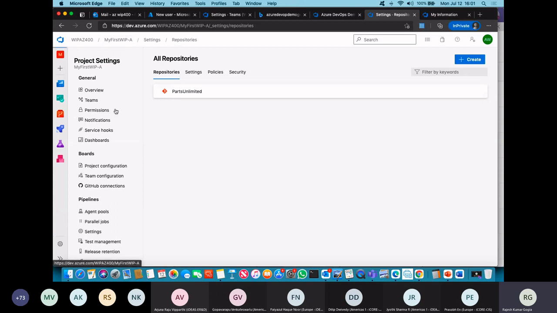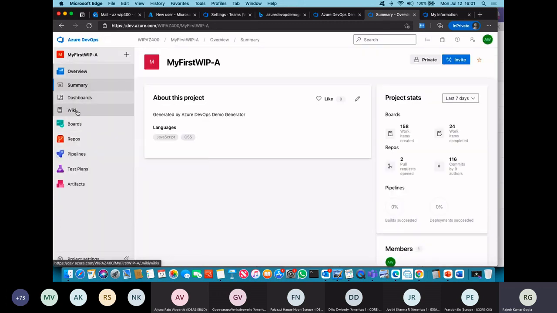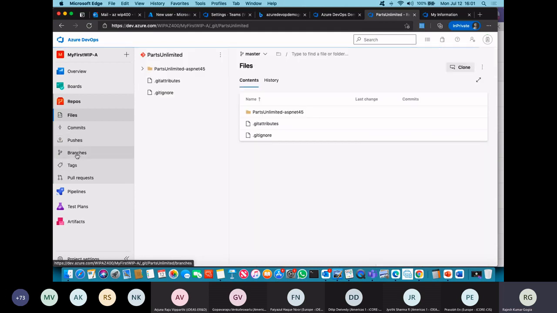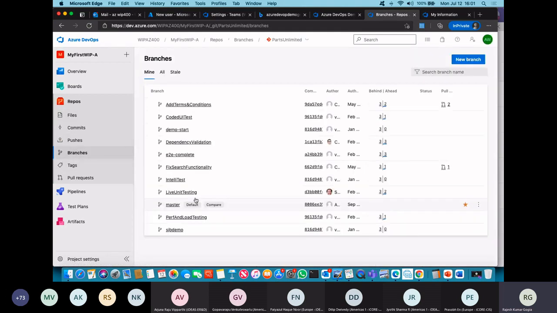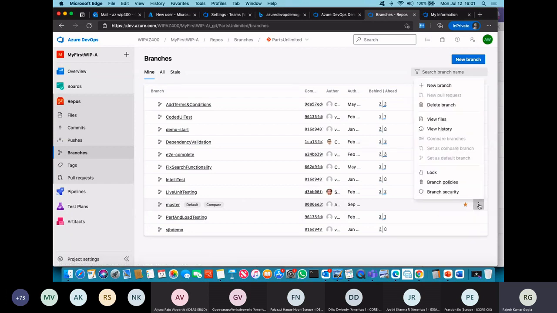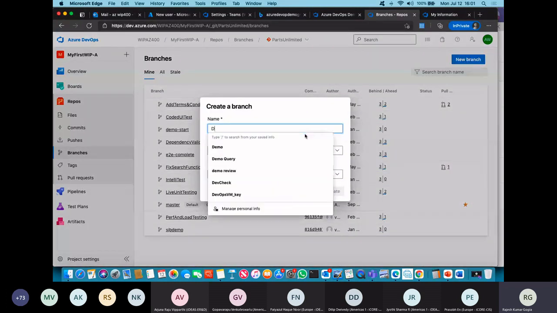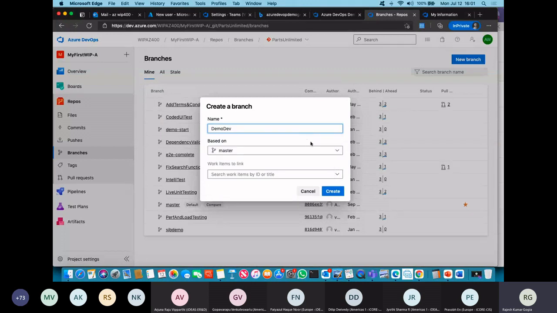And once I go to my project here itself, what I was referring to, which was repos, branches. Forget about these ones, just ignore them. The default is master, always. You've got only one default, which is master. The rest is all custom. So let's not focus on these ones. If you've got a master and I want to control over this one, every single branch has its own security and policies. Tomorrow, if you want to create a new branch, let's say a demo dev branch, all right,